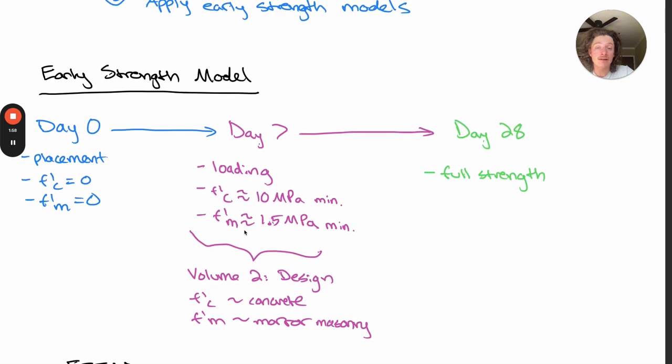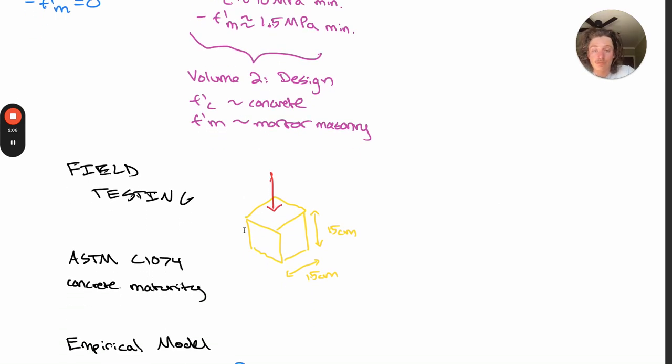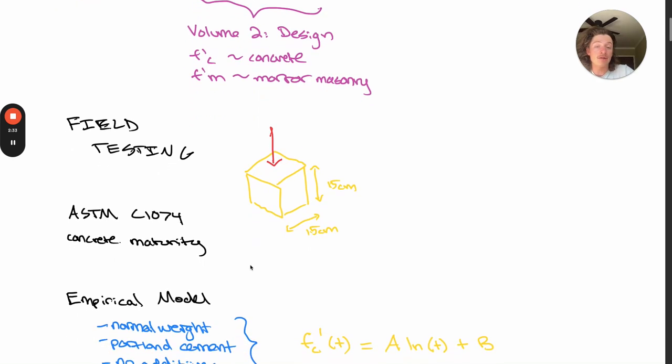However, if we need to find a 3 or 5 day strength, we need to model the concrete maturity. The standard procedure for measuring in-place concrete strength gain for continuing construction activities is ASTM C1074. However, this method requires precise temperature data and establishing a strength maturity relationship with lab testing in parallel to the construction activities. So in lieu of ASTM C1074, I use a different study that is attached below that uses a